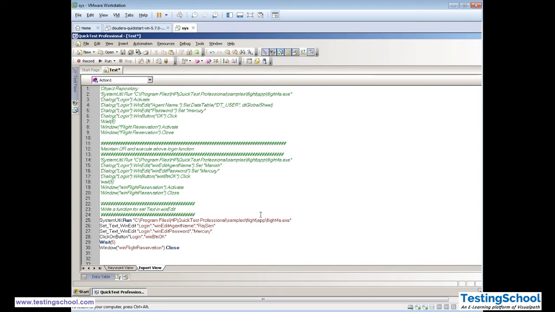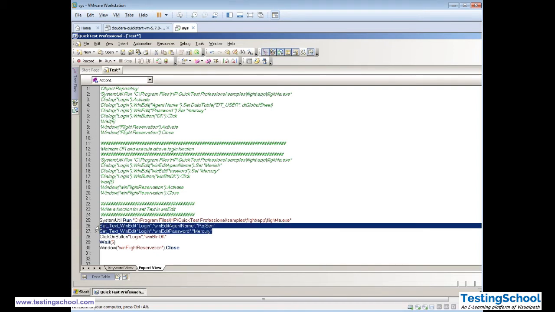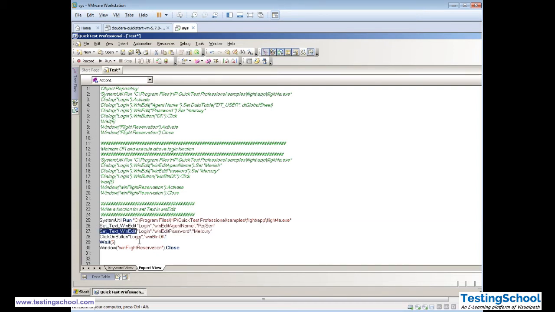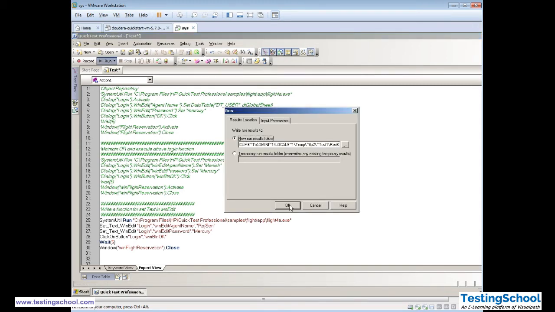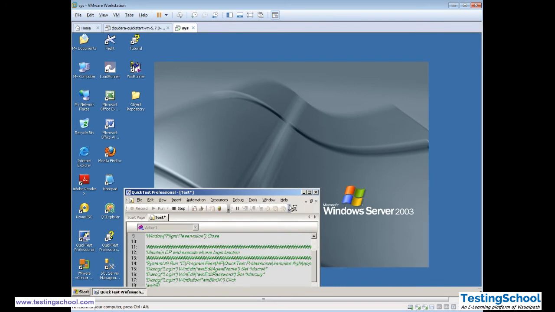If a little bit of a property changes, then it will not work at all. And in case of OR, we need only selective properties which are required for building that OR. So we have removed some properties from the OR. Now we wanted to see how to write a function. See, so many lines of code are there, and these are not recorded things. This is a function, set text function, set text edit, win edit is a function, then click on button is a function. Let's see how the function call happens, and we will discuss what the advantages of this function call are.